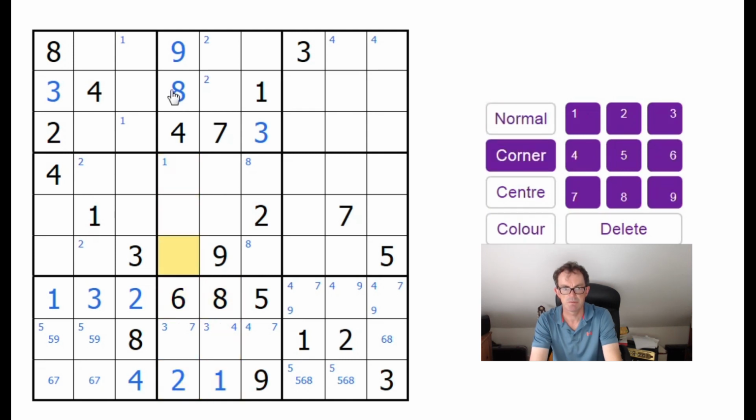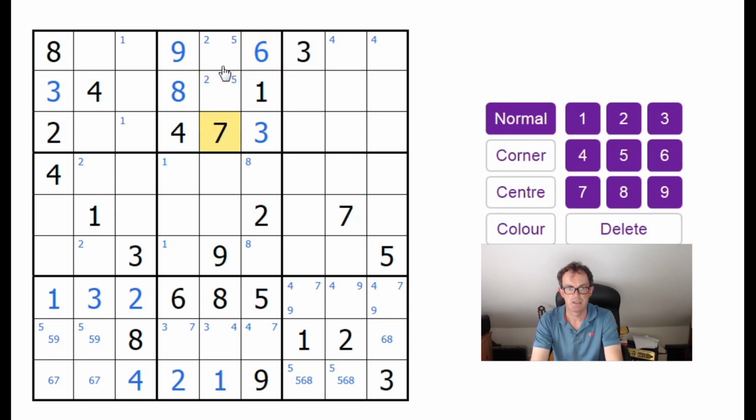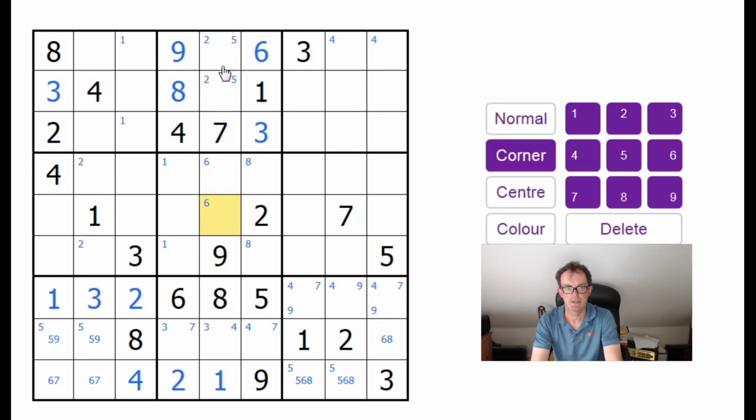And gives us some pencil mark 1s down this side. And up here we're still looking for 2, 5, and there's a 5 here as well. So look at that, there's a 2, 5 pair at the top. So this must be a 6. There's a 6 in one of these 2 squares. Let's just check the central column. I need 3, 4 and 6, so